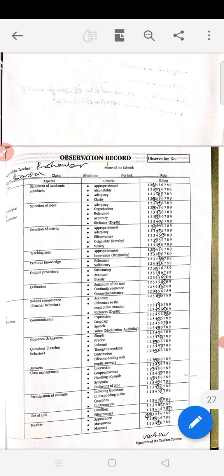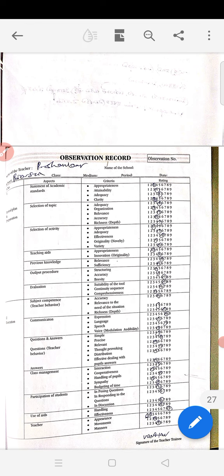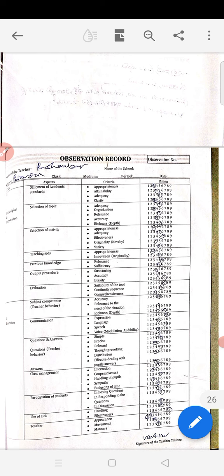And last one, the 5th observation record, observation number 5. You are going to write details of the school and the teacher and subject, etc. Then you are going to give a rating. So like that, for each method, how many classes are you going to observe? 5 classes in method 1 and 5 classes in method 2. For the 5 classes in method 1 and method 2, you are going to give a rating and write answers to each and every observation question. So this is the end of how to write the observation record. Thank you.